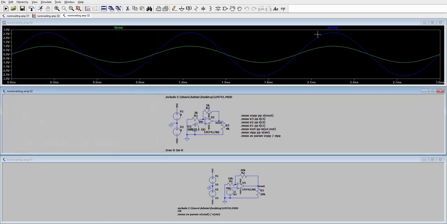You can see here, this is our output waveform, the blue one, and the input waveform is the green one. They are at the same phase. That's why it's called non-inverting. Unlike the experiment last week, where both the V in and V out are out of phase.